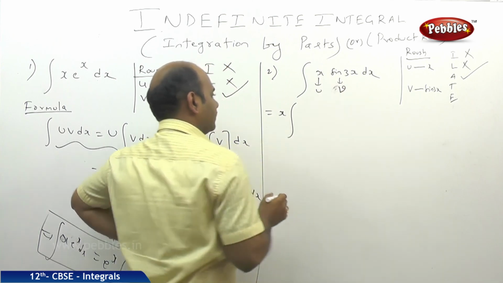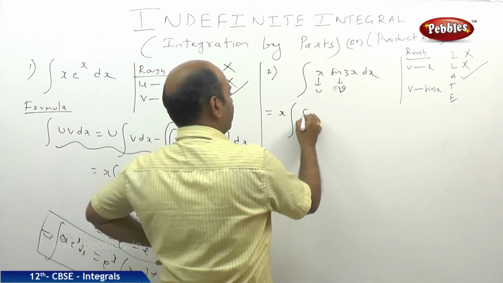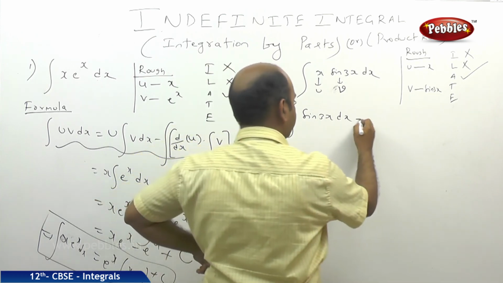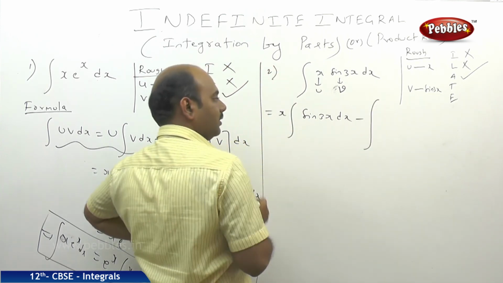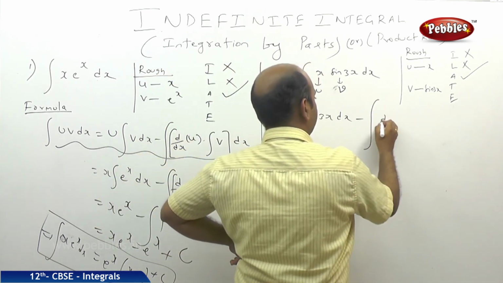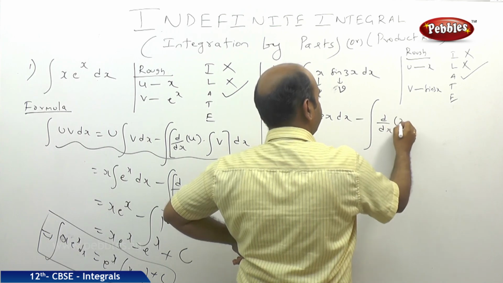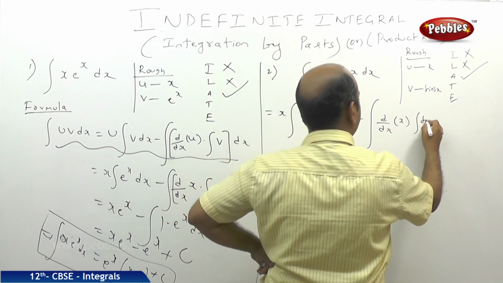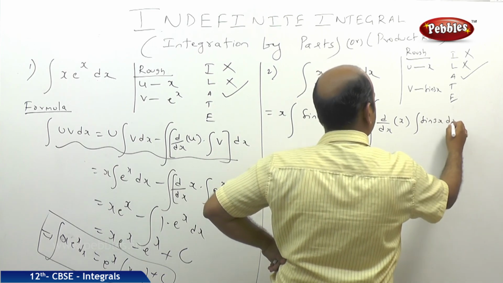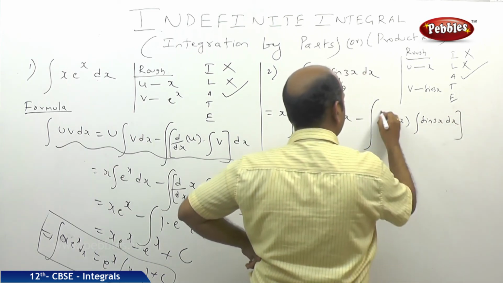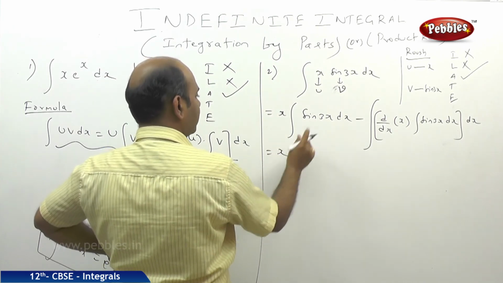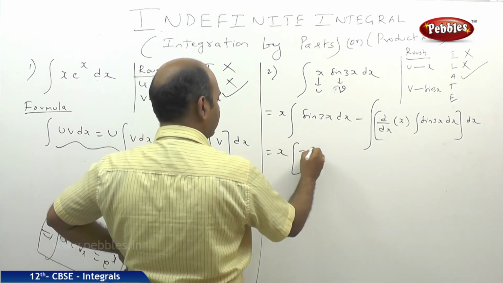I will write like this: integral of sin 3x dx, minus integral of d by dx of u, u means what? x, into integral of sin 3x dx, and outside there will be dx. So x into integral of sin 3x will be